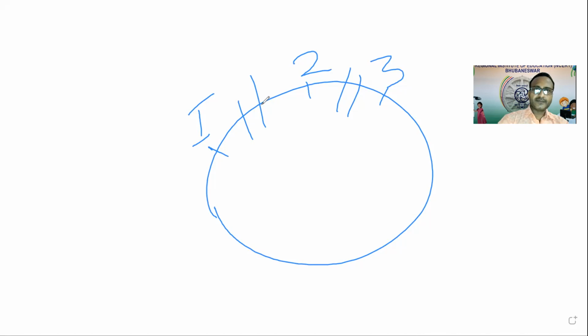So this ordinal scale cannot be used for all statistical calculations,